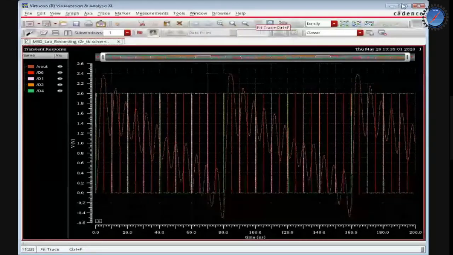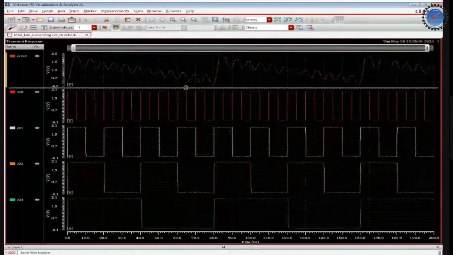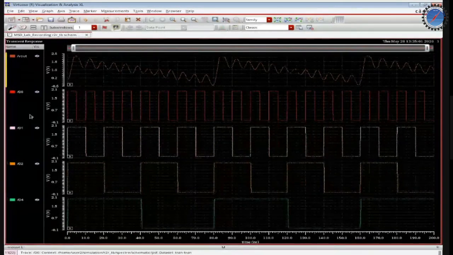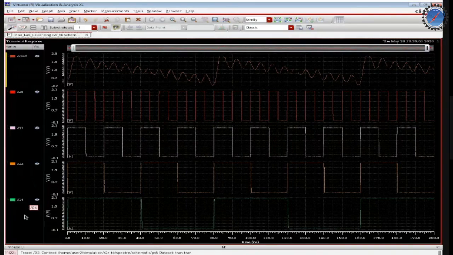Yeah, so I hope you're able to see the waveform, right? You can just see here. So you can see this D0 is going to be the LSB. So you can see that that is toggling at the fastest rate. And D1 is the next LSB, which is toggling at half the rate. Similarly, D2 is again half the rate of D1, and D4 or D3 also you can use. Anyway, D3 is not used. So that is changing at the least rate.